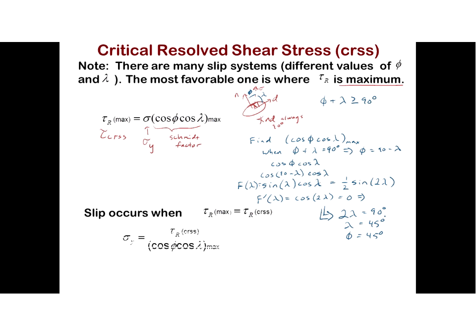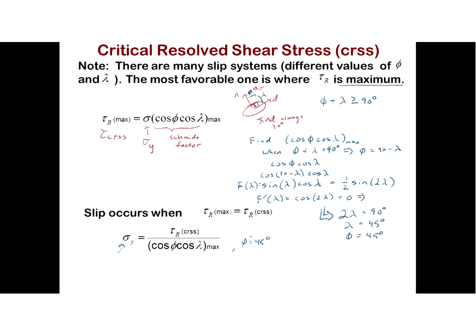So, slip occurs when phi and lambda, the most likely direction, the largest Schmidt factor, is when phi and lambda are both 45 degrees. And in that case, slip will occur. So what we can say is that if you apply a stress that is equal to the critically resolved shear stress divided by cosine of 45 times sine of 45, right? That's when